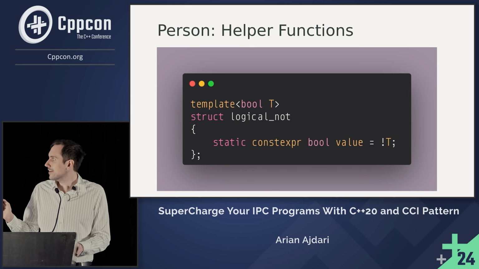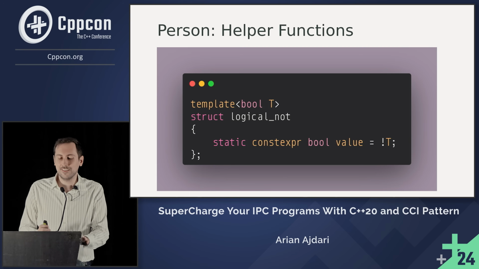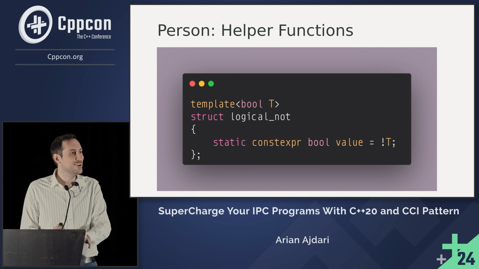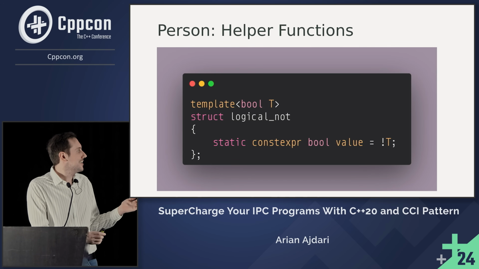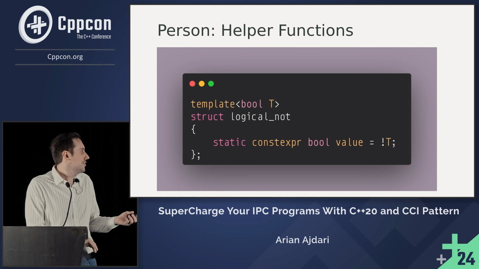I know that in the standard exists a function called logical not, but I could not get it to work, and I got angry after 1 minute, so I decided that I'll just create mine for these purposes. What it does is just takes a Boolean value and returns the reverse of it. So true becomes false, false true. Very simple.